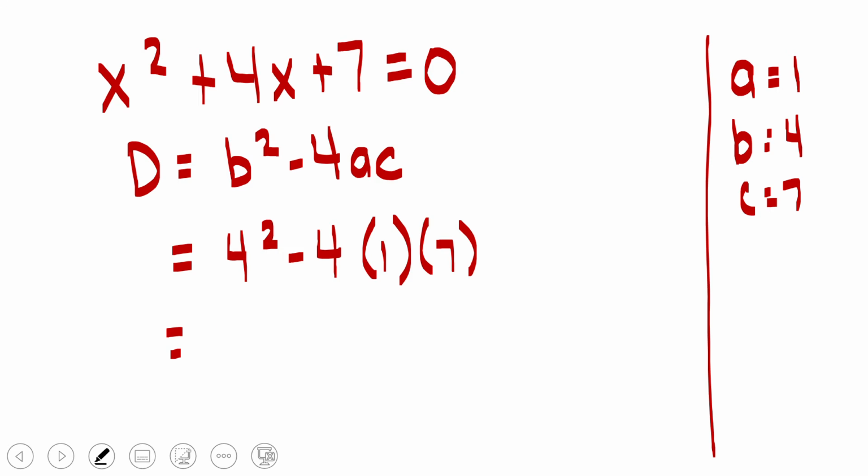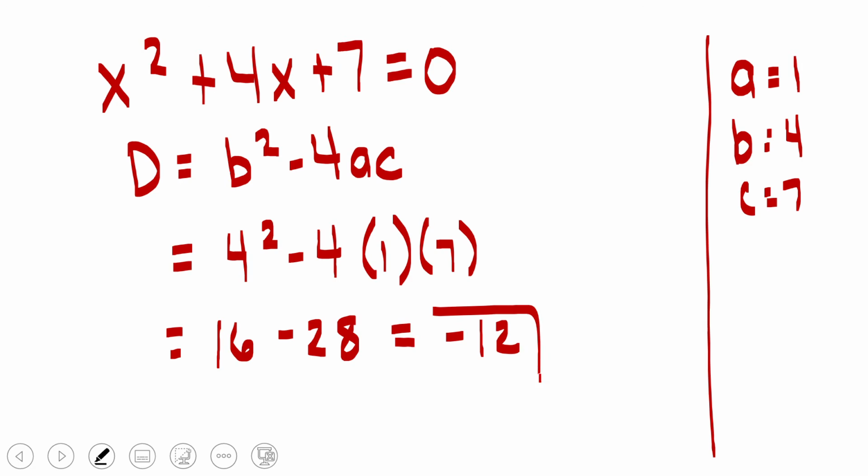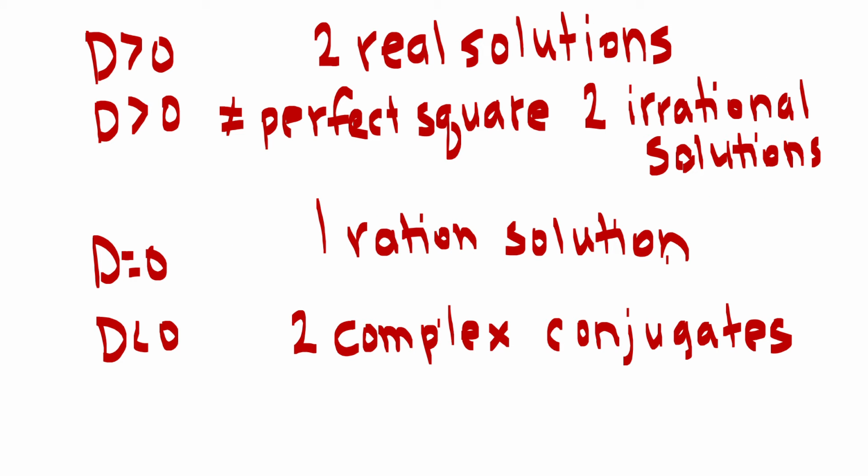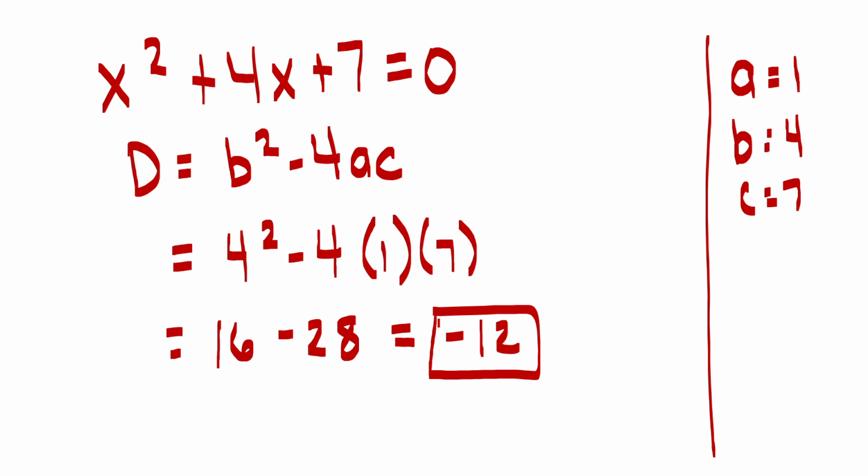So that would equal 16 minus 28, and we get a negative 12. If we look back at our chart, d is less than 0, so we have two complex conjugates, and that's an imaginary solution. So we would say that